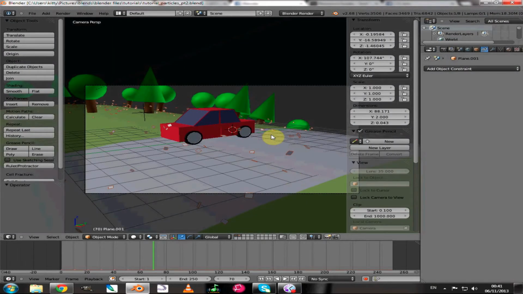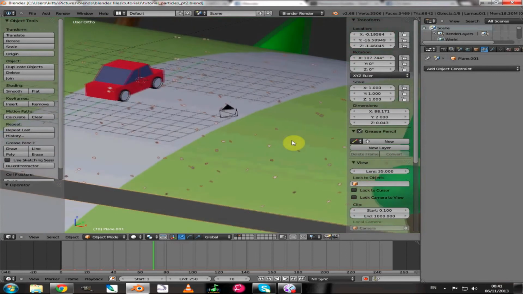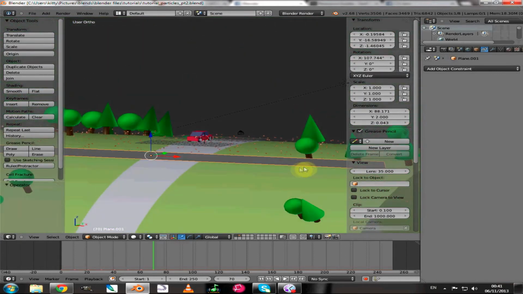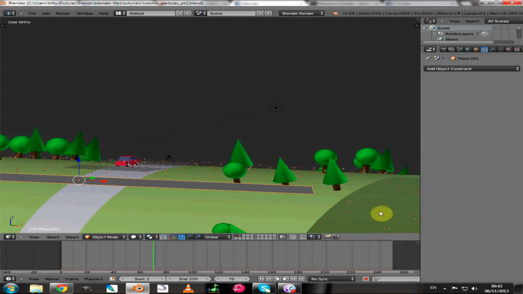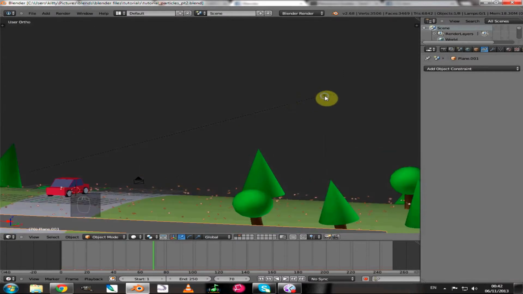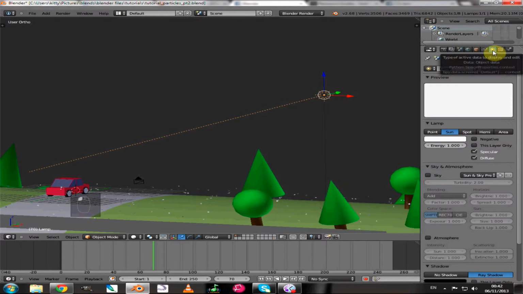Here we are, and if we take a look at it, if I just zoom out a little bit and hide my toolbars, as you can see in our scene, we have this little object which is our lamp, and that's the thing that causes all the shadows and allows you to see everything. And if we go over to our settings in our properties panel and click on the little light icon, you can see we have